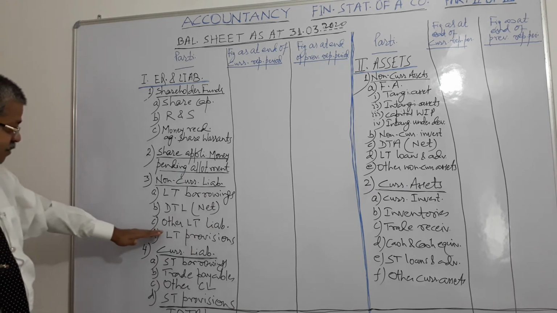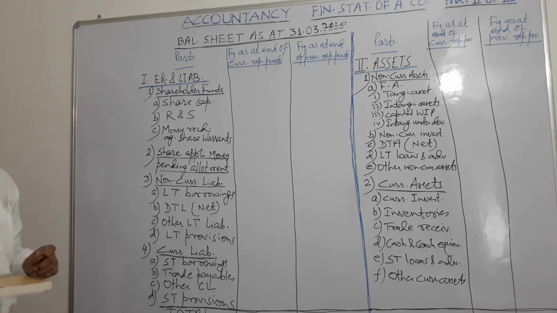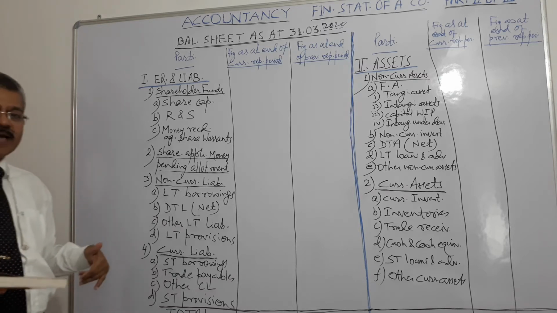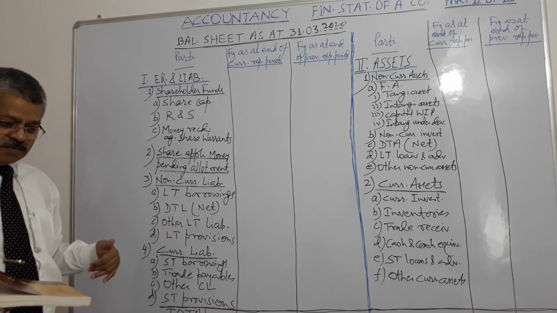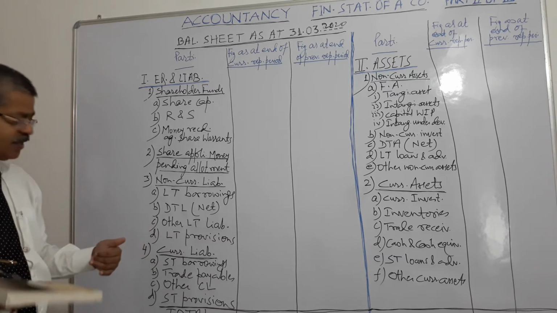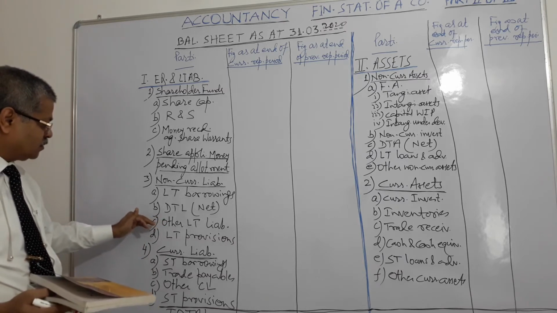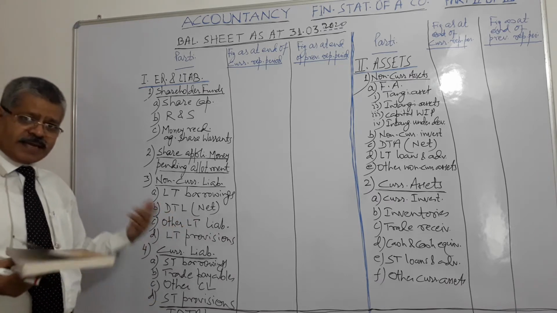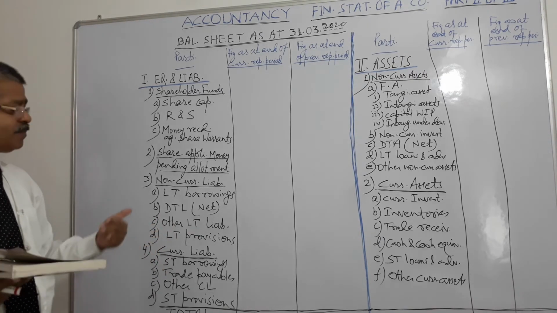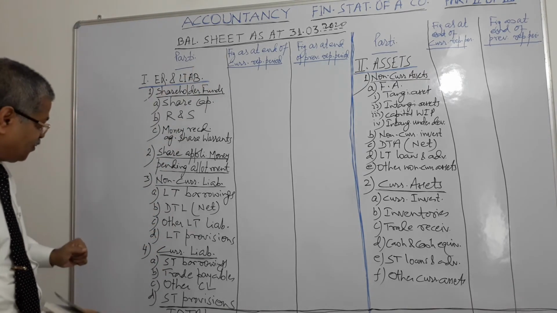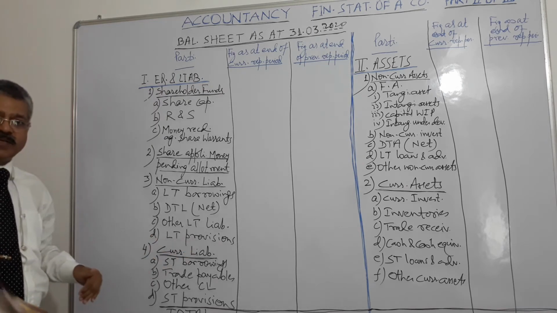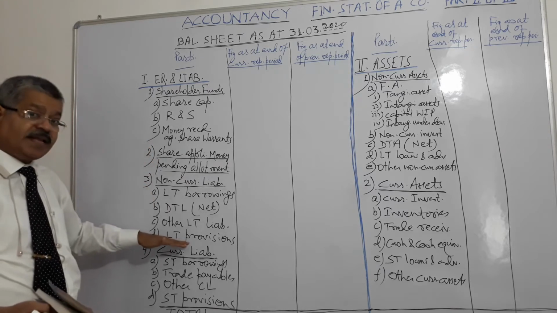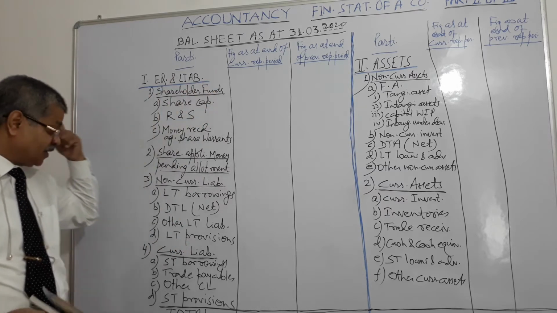Then the third item is other long-term liabilities. Suppose the company has availed certain advances, certain loans, certain things from its associate concerns or whatever. Other long-term liabilities which are not required to be paid within the next 12 months from 31/3/2020. Then long-term provisions. Those provisions which have been made for the long term, not for the next 12 months from